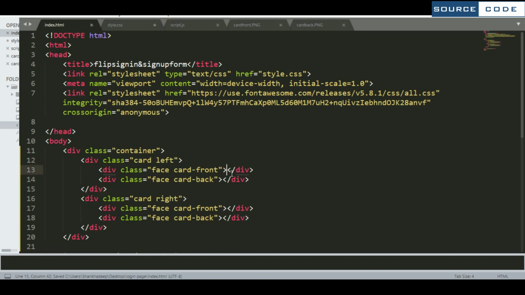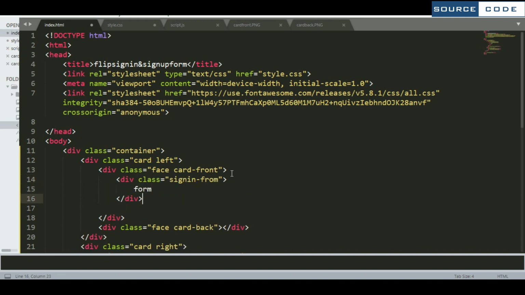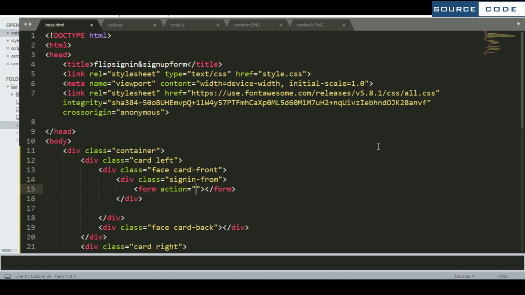So coming in card front, add one more div here, that is sign in form. Now inside this, make one form. So add one action here. So just copy this one.